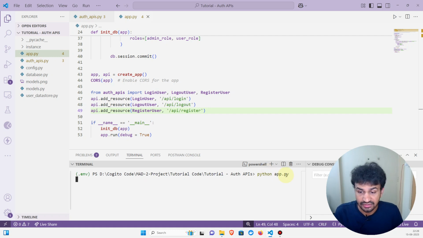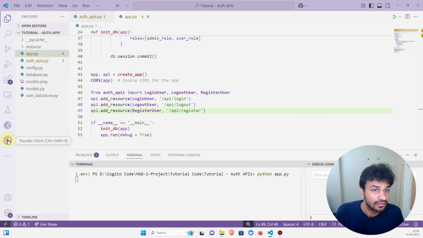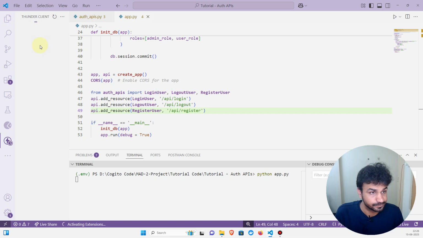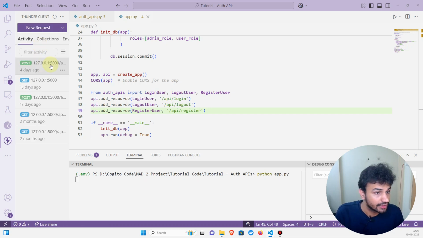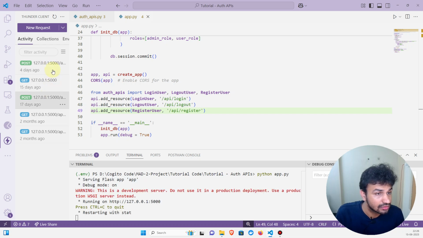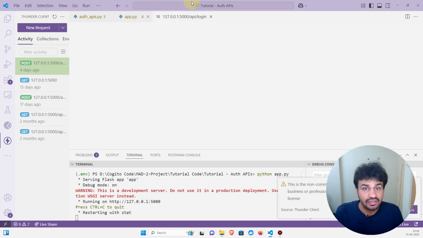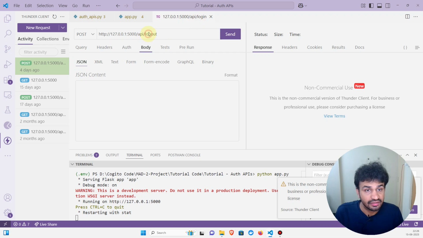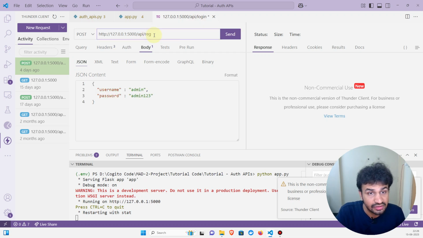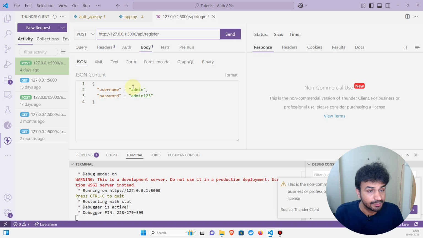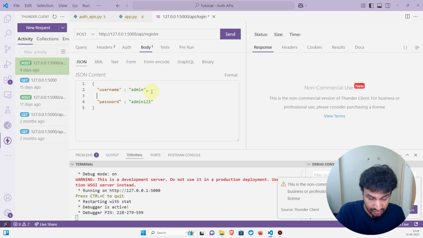So let's run the app.py file, and in the meantime this particular server is running. We can open Thunder Client, and yep, the server is running. Let's head to the request to register. We need to pass username, password and email address, right? So let's also add email,